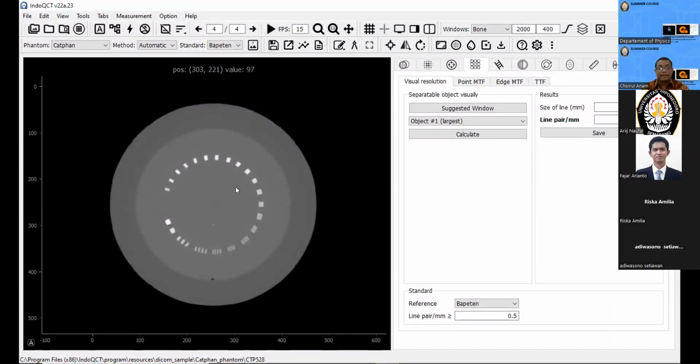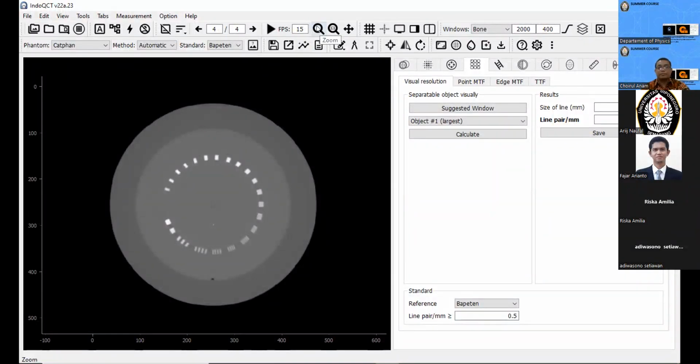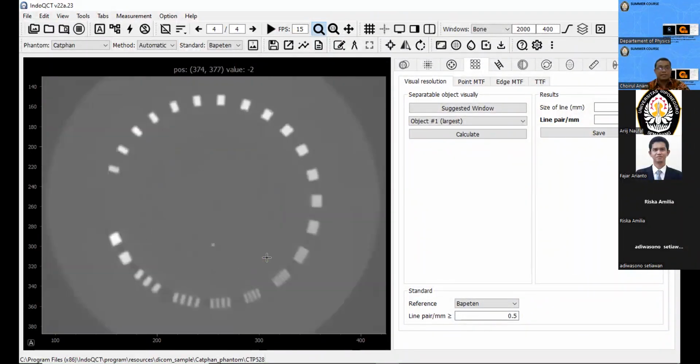Okay, and as before, we can use the zoom in to see the object bigger. Okay, like this. And then we also count manually. Okay, this is number 1, a very large object.